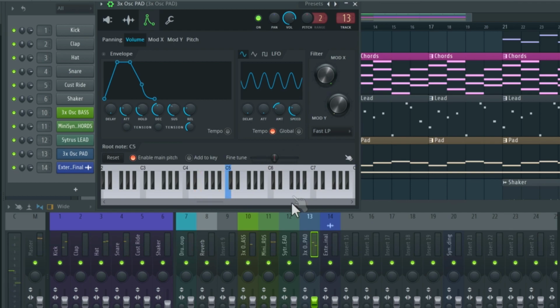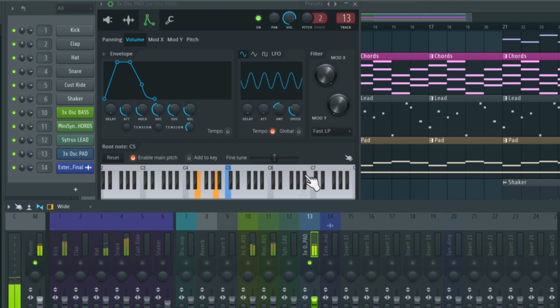I'm just going to solo the pad again, so it's more obvious. As I don't want this pad to be in the forefront of the song, I'm going to pull it back